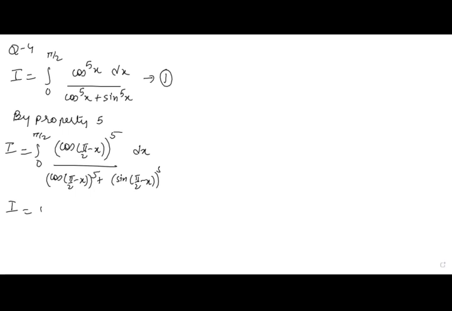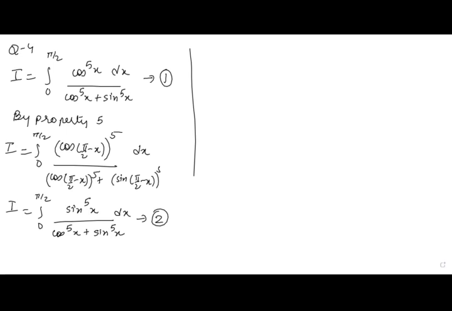So I is equal to the integration from 0 to pi by 2 of sin raised to 5x upon cos raised to 5x plus sin raised to 5x, since cos becomes sin. As you know that addition is commutative, I am just flipping the terms. Give this as equation 2,